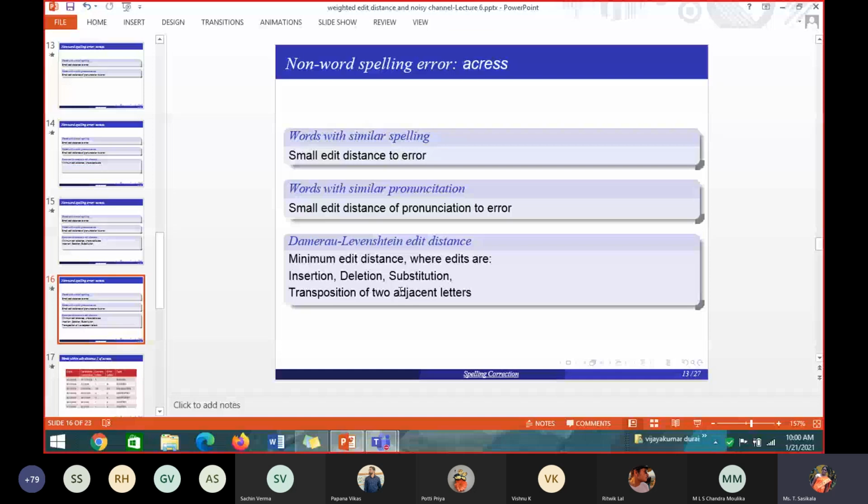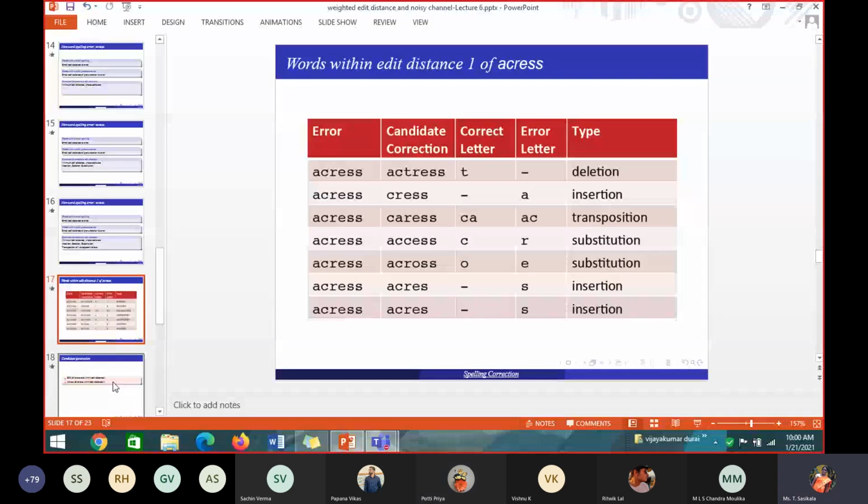Okay. Now we'll take this table. What is my error word? I told you to make a note in your notebook, right? Here, my error word is BEHAF. Instead of BEHALF, I have typed BEHAF. Similarly, here, what is my error word? I got it on my screen.